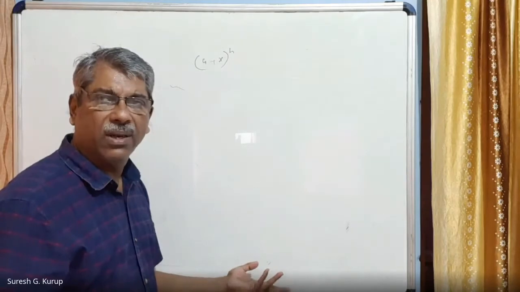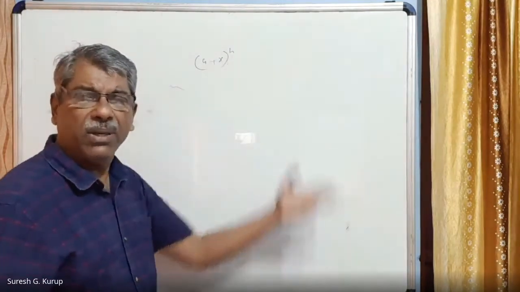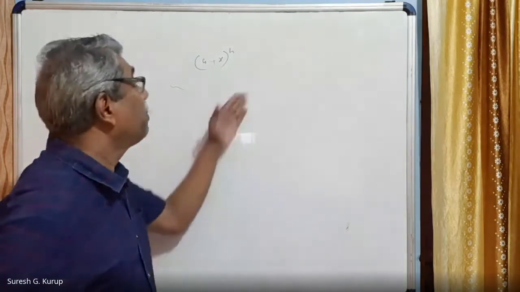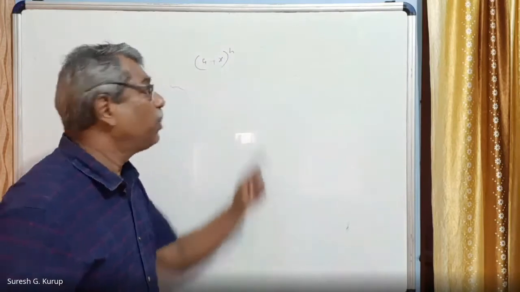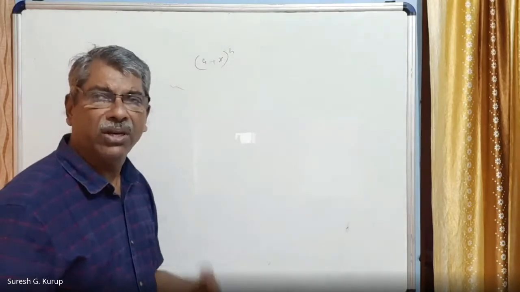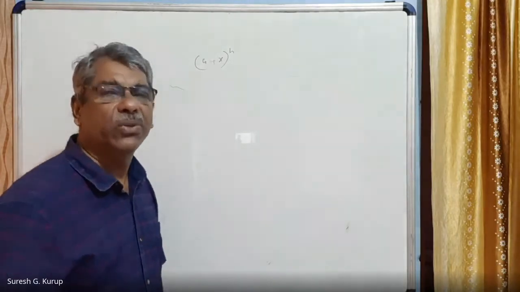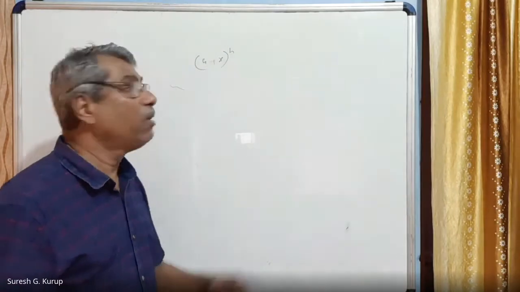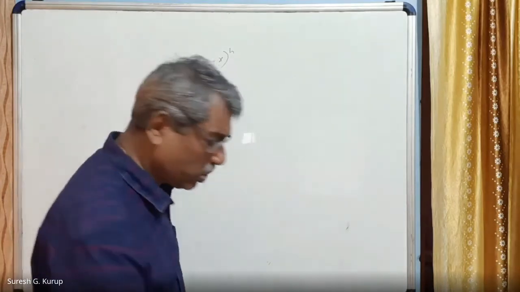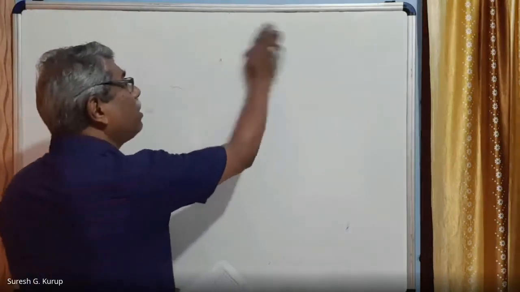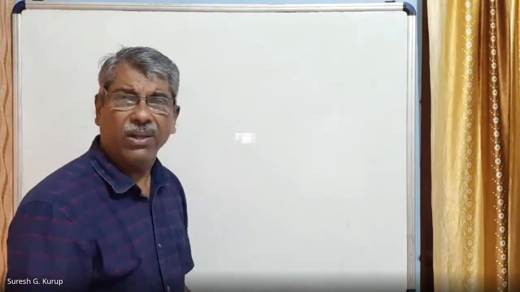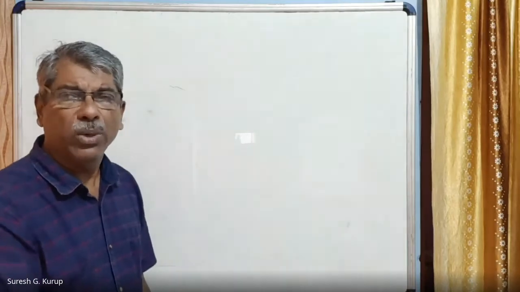That means a plus x the whole cube can be easily done, because we know a plus b the whole cube. But if n is greater than 3, that is n is equal to 4, n is equal to 5, n is equal to 10, n is equal to 100, etc., it is very difficult to do such kind of functions. To solve it is very, very difficult. In that situation, we use the binomial theorem. See, in our physics, we need only the nominal idea about the binomial theorem, not the detail of that.